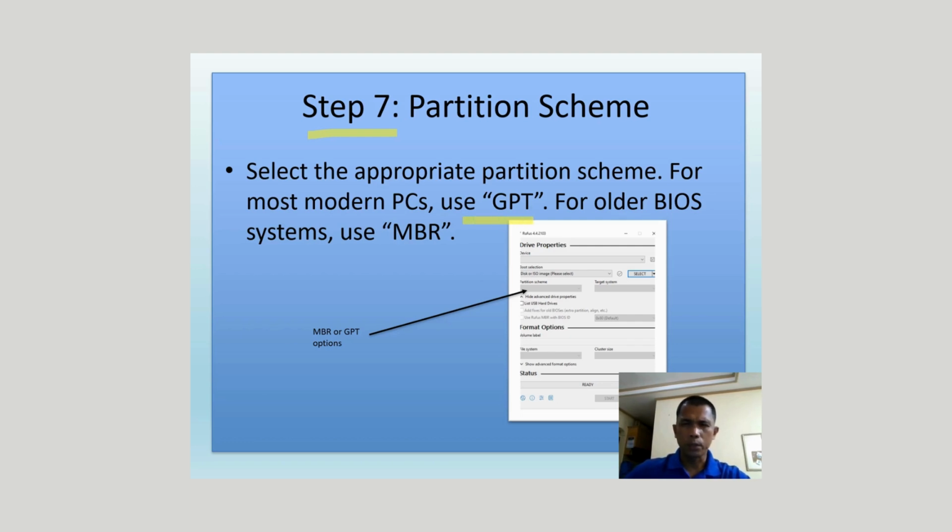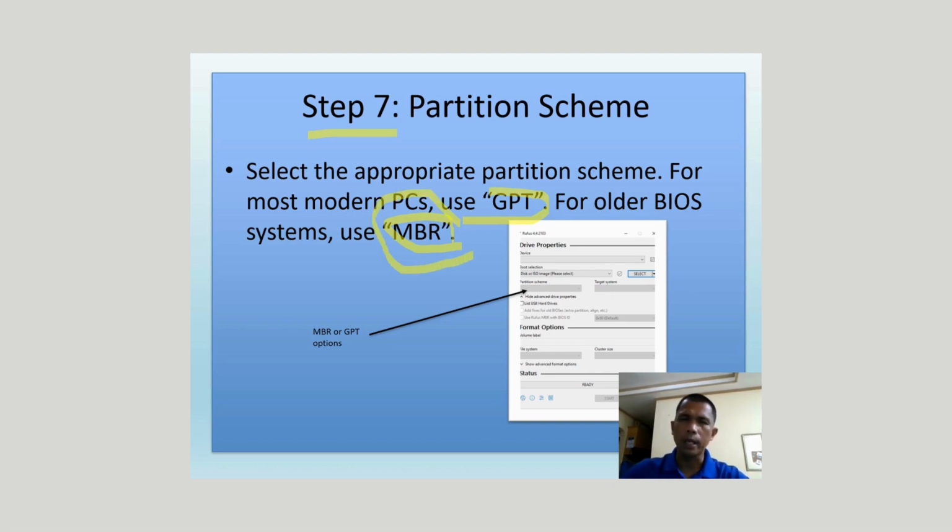There are two options: GPT and MBR. GPT is for modern PCs, the latest version of the computer, let's say Intel Core i7, Intel Core i5, the latest motherboard. But when you are formatting an old version, you have to choose MBR.